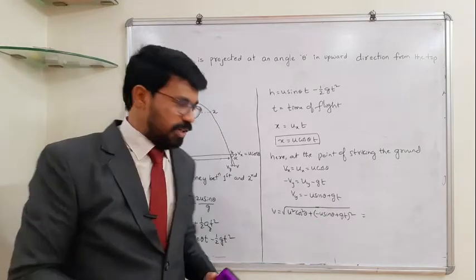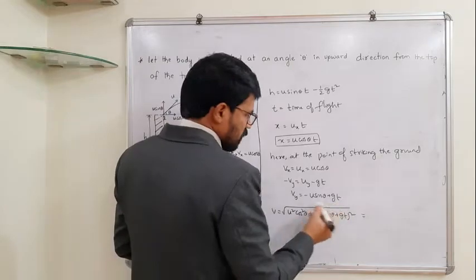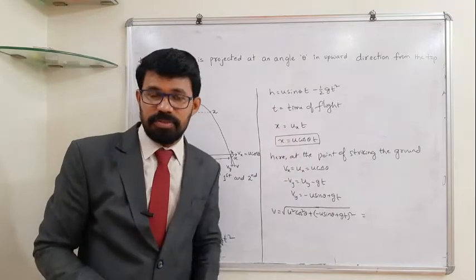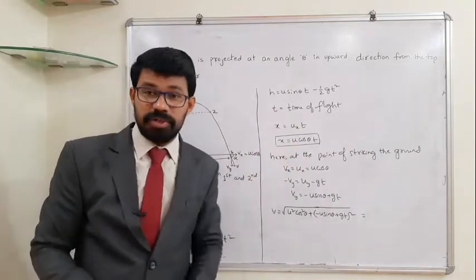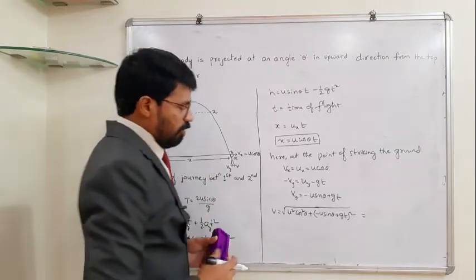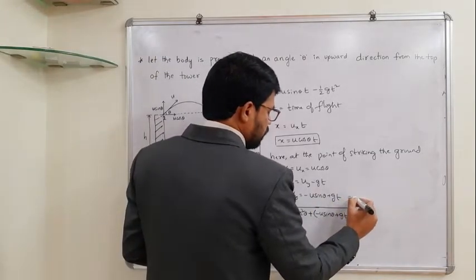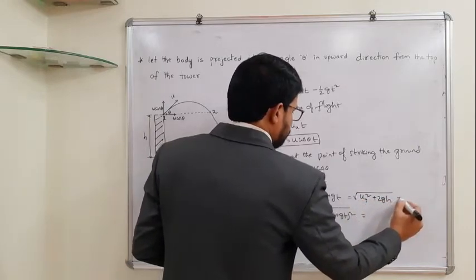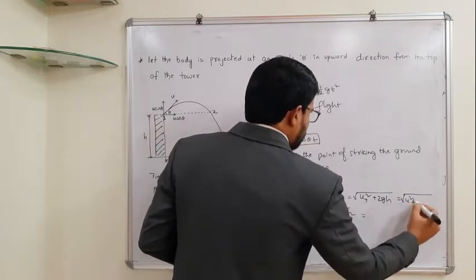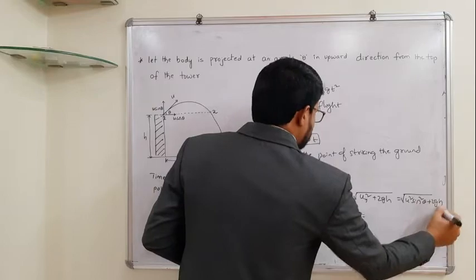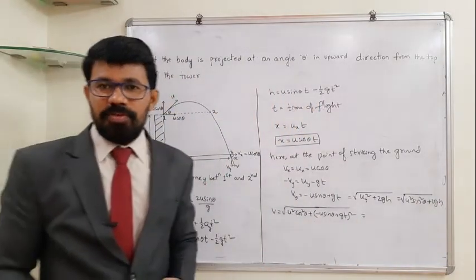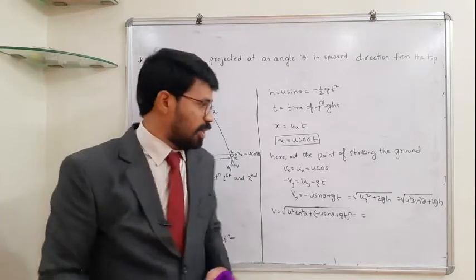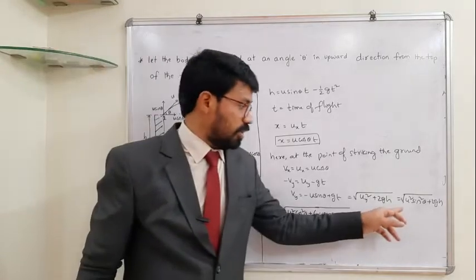Further, this equation can be simplified in a simpler way, because we haven't concluded t yet. Since this sin theta term is involved, we did not simplify that. Anyway, since it is in the form of a quadratic equation, you can simplify that. If you wanted to express this vy in terms of h, this is how it can be written: under root uy square plus 2gh. Under root of uy square is u square sin square theta plus 2gh. And this is obtained from the equation v square minus u square is equal to 2gh, or vy square is equal to uy square plus 2gh. From that equation, you can write this one.